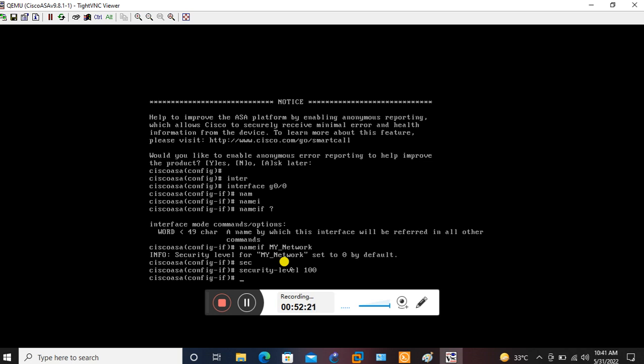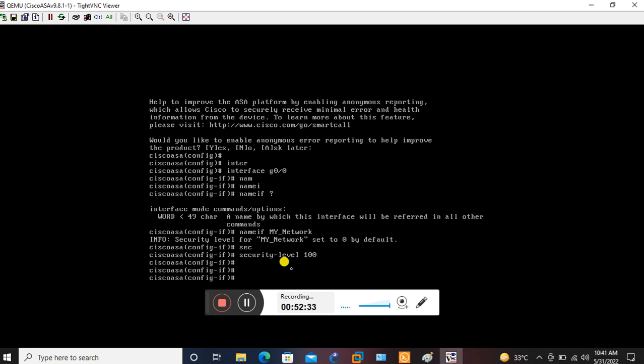But if you want to change the security level manually, there is the command security level, and then whatever level you need to define, between 0 and 100. So this is the command to define the security level manually. Okay, then you have to write the command ip address